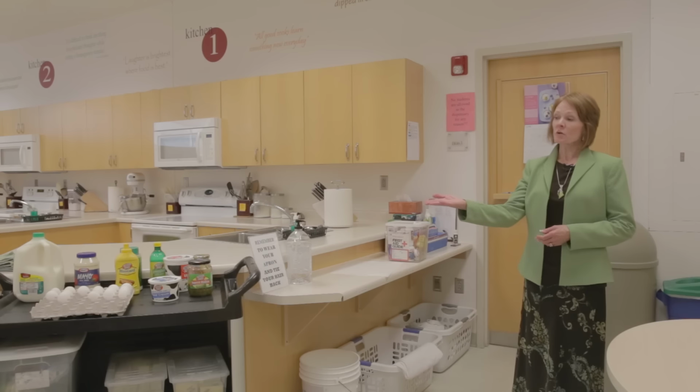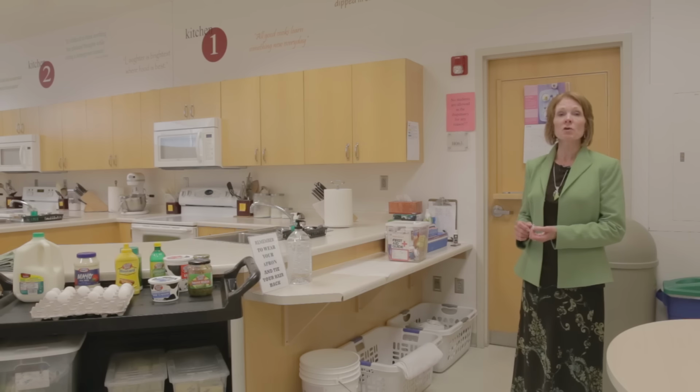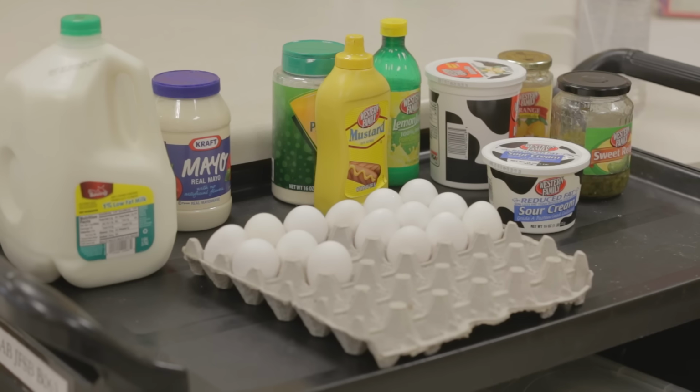When you come to the refrigerator cart, make sure that you bring your black tray. Make sure that you have a list of things that you're going to get. Make sure that you bring your measuring equipment, and make sure that you bring something to put the things that you've measured into. So bring it to the cart and take just what you need. If you take more than you need, then the people at the end of the week will not have the